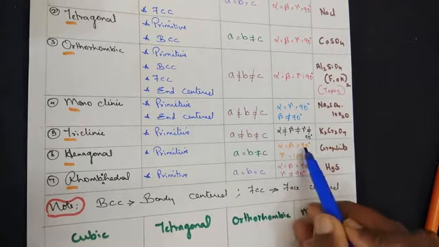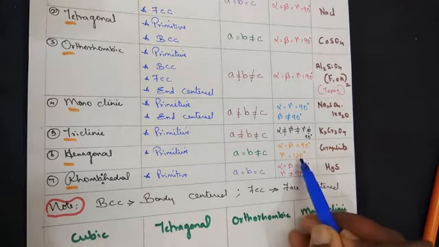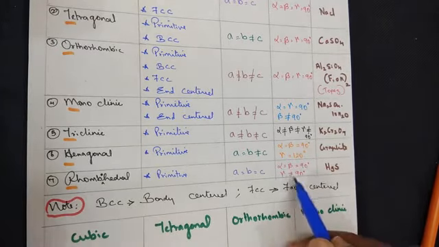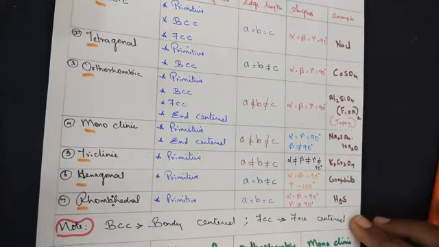Hexagonal: alpha and beta are 90 degrees but gamma is 120 degrees, the angle being formed there. In rhombohedral, alpha and beta are 90 degrees but gamma is not equal to 90 degrees. Examples I have taken are sodium chloride, calcium sulfate and topaz, one of the precious stones. Like this, a few examples I have taken.